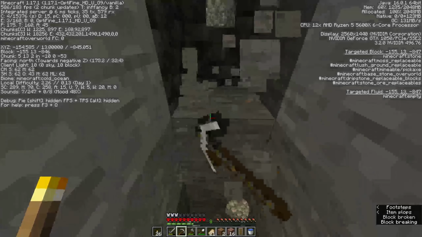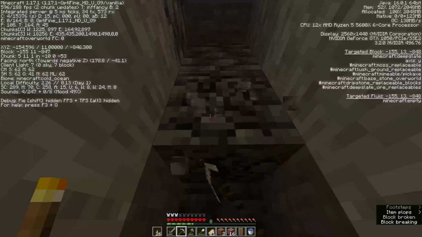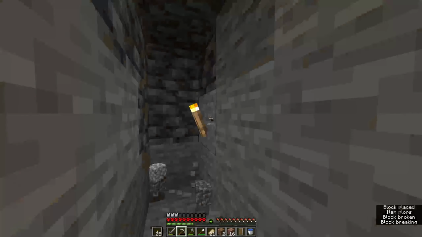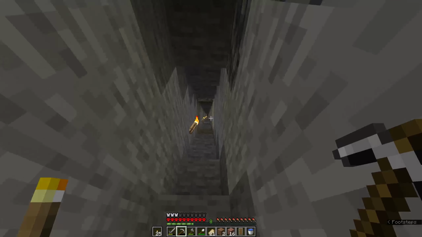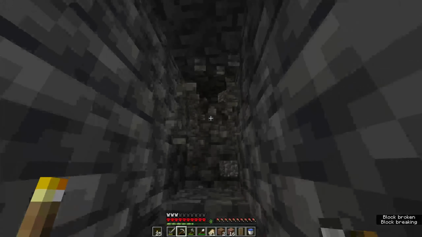Alright, so it looks as though I've just about hit Y11 and there we go, there's 11. There's also some deep slate right here, that's fantastic. Definitely gonna grab that to start building with that. I didn't really find anything on my way down, if I'm gonna be completely honest, just a little bit more iron. I didn't even find any coal. It was pretty boring, but we made it to the bottom, so I'm going to start mining out this deep